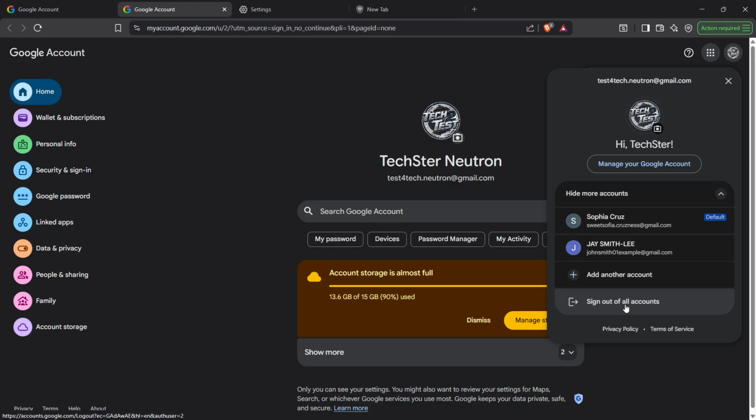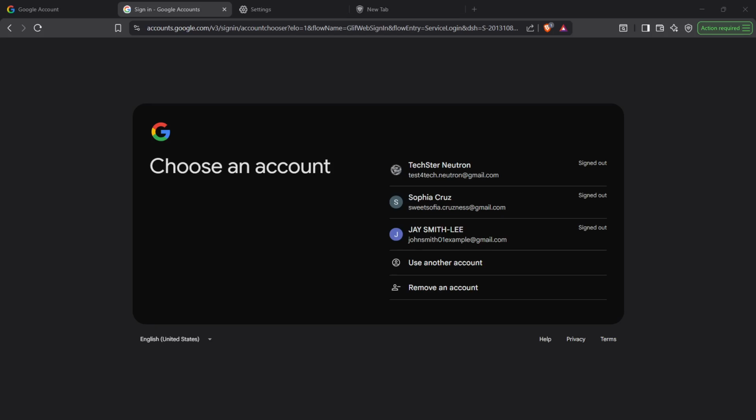After clicking your profile picture, select the option that says Sign out of all accounts. Clicking this will log you out from all the Google accounts currently signed in on the Brave browser. This step is particularly important because it ensures that any changes you make next will be applied without confusion from other accounts. Once you perform this action, you will notice that the page refreshes and you will be taken back